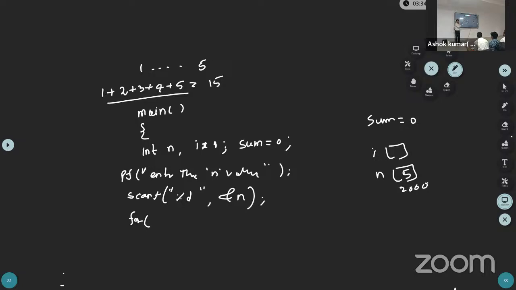Okay, for what is I value? I value starts, initialized to 1. I is less than or equal to n. N may be now 5, user entered. Next time he enters 10. Next time he will enter 15. Okay, that is different. N and next one, I is incrementing. I is incrementing every time. Now tell me what is the logic? Sum equal to